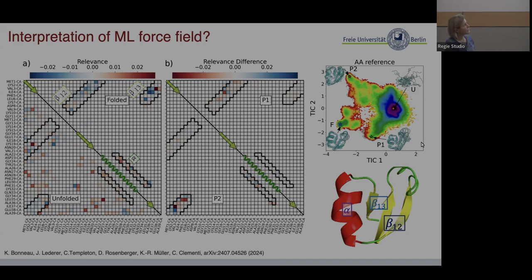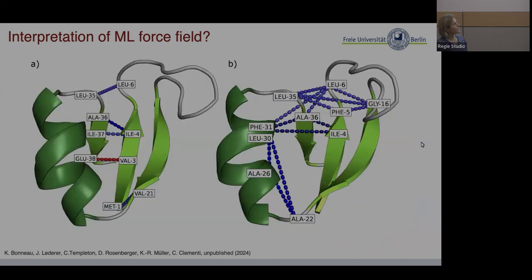This is the contact map. So these black areas are the secondary structure formation. So you see that all the contacts that are relevant are the ones forming the secondary structure. In the unfolded states, there are relevant contacts, attractive or repulsive, everywhere. We can look at what are the most relevant two-body and three-body interactions, and you see